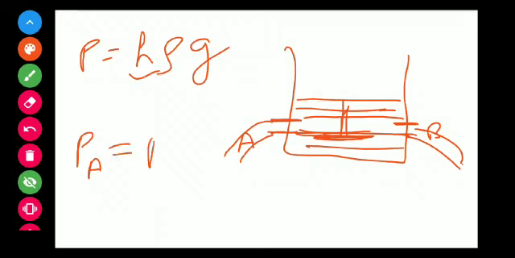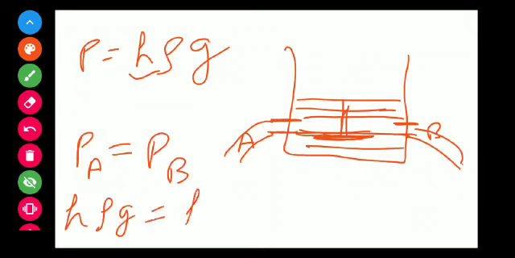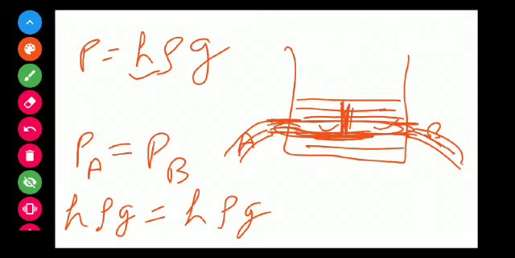That is, the pressure at point A is equal to the pressure at point B, because h in both cases is the same and the density of the liquid is the same, the same liquid is there. So if there is a hole at the same depth, the pressure on all sides is equal. And if we compare point A with another point C, the pressure at point C is greater than the pressure at point A, because the depth of C is greater than the depth of B. So this is the pressure due to the liquid.